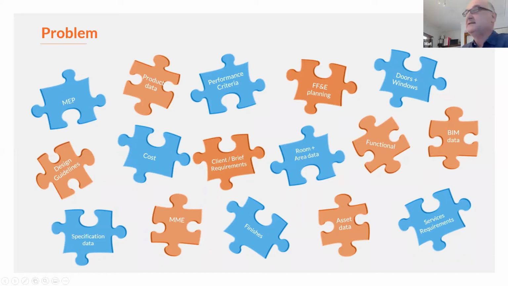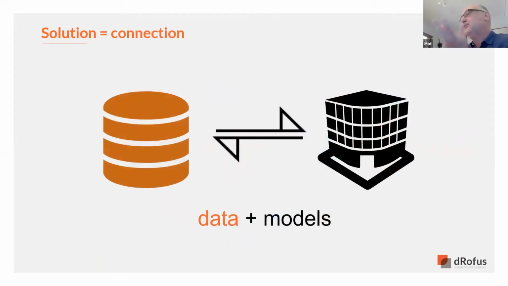So the key component here is, how do we bring that all together? I think this is a pretty simple diagram, but it sort of says it all. Our concept is to have all of your stakeholders working in a single centralized database, but connected to the models. In a 3D model, a Revit model, geometry is best managed in the graphical model. But data isn't necessarily so, and data can be managed externally from the model, as long as there's a bi-directional